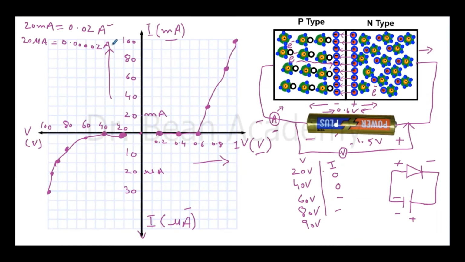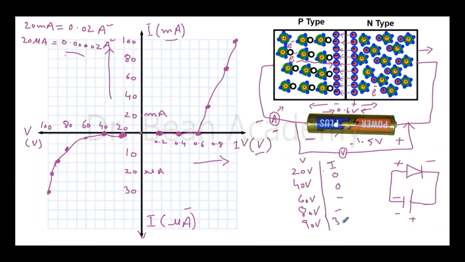Now I have presented units in both milliampere and microampere, so that you can compare. You see that when I get 20 microampere, around 90 or more than 90 volts, because this is just a rough graph, we don't have to be very precise. So I get a reverse bias current of 20 microampere, or 0.00002 ampere, at a voltage around 90 or more than 90. At 90 volts, I get a current of about